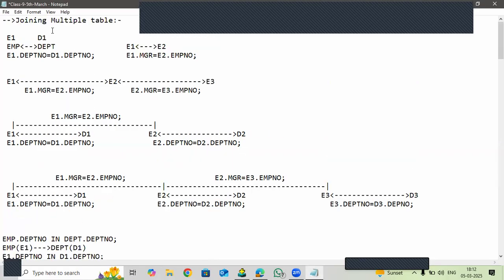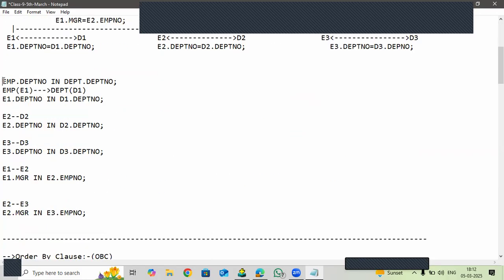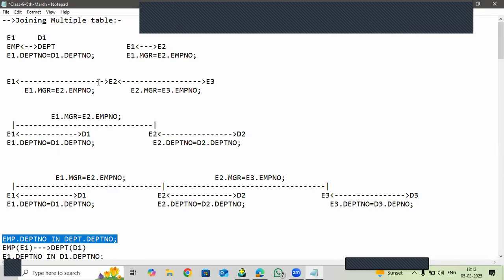See here, if I have the employee table and a department table, we know that this is the joining condition: EMP dot department number equals DEPT dot department number. And if I give the reference for employee as E1 and its department table as D1, the join condition is E1 dot department number equals D1 dot department number, which means from the employee table reference, the common column is department number, which is equal to